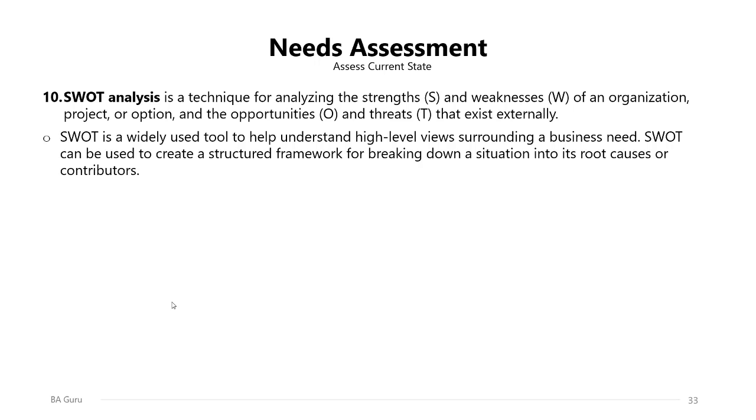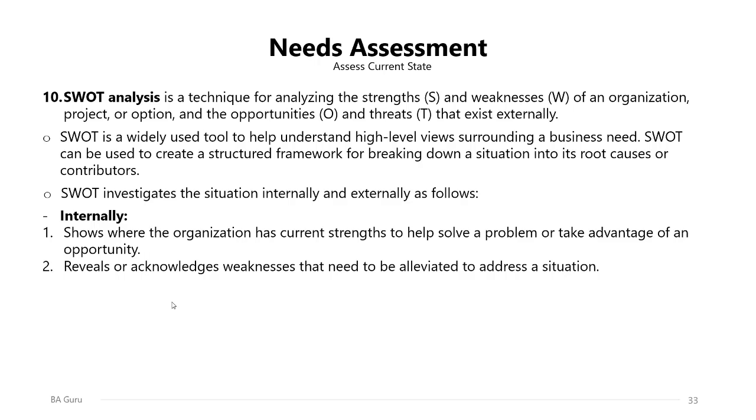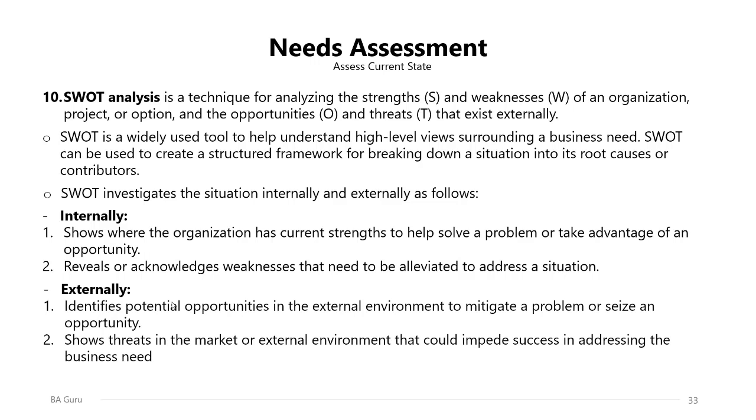SWOT can be used to create a structured framework for breaking down a situation into its root causes or contributors. SWOT investigates the situation internally and externally as follows. Internally, it shows where the organization has current strengths to help solve a problem or take advantage of an opportunity. It reveals or acknowledges weaknesses that need to be elevated to address a situation, while externally, it identifies potential opportunities